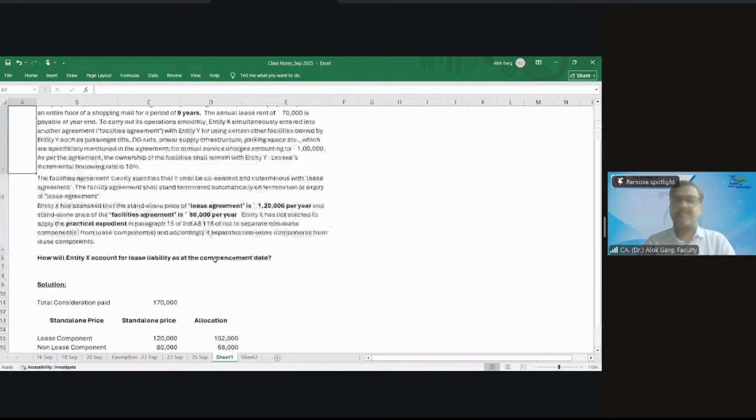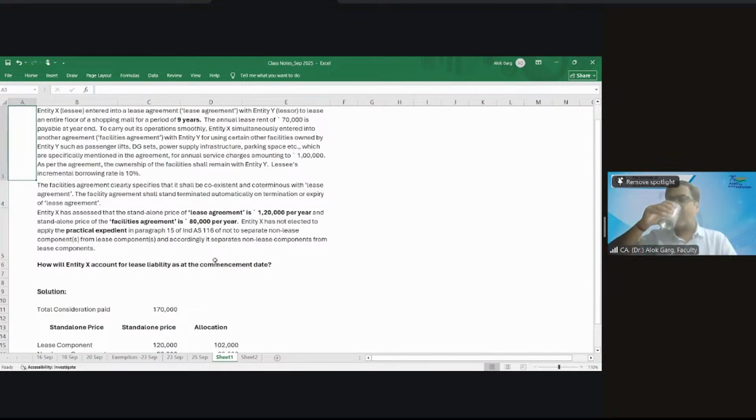Why? Because we are going to separate it. So the lease component we will be booking separately. Maintenance will be paid as and when it is due. It separates the non-lease component from the lease component. You are absolutely right. Ind AS 116 is not applicable to the non-lease component. Ind AS 116 is applicable to the lease component. When you are breaking the lease and non-lease, the non-lease component has to be recognized as an expense as and when it accrues. So you have to consider only the lease component for the purpose of Ind AS 116 accounting.